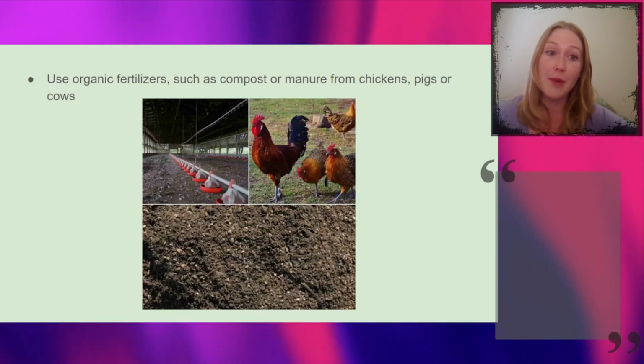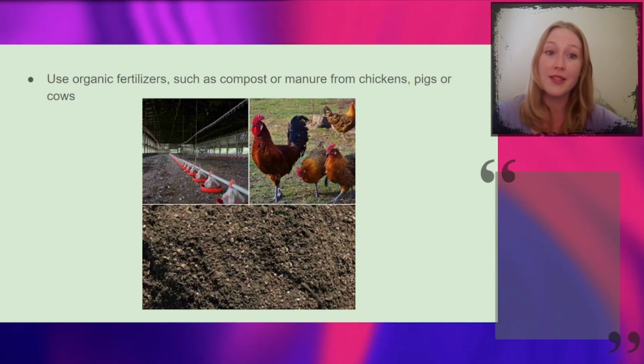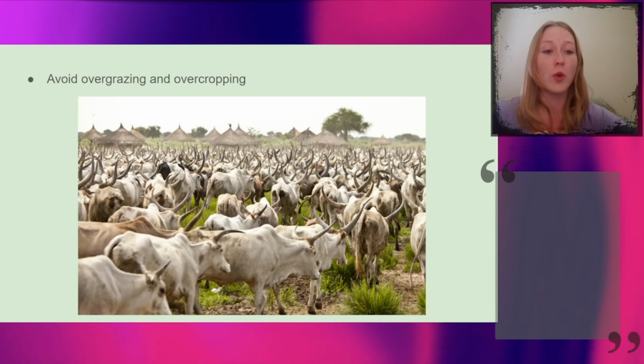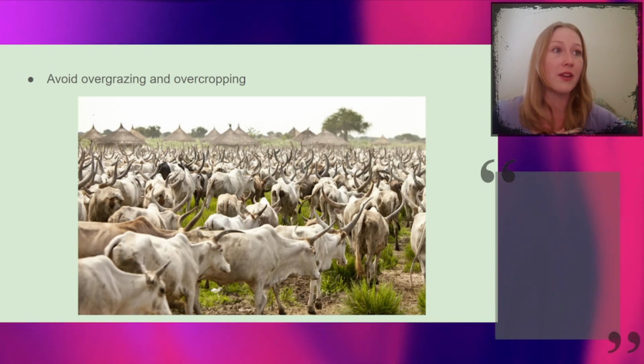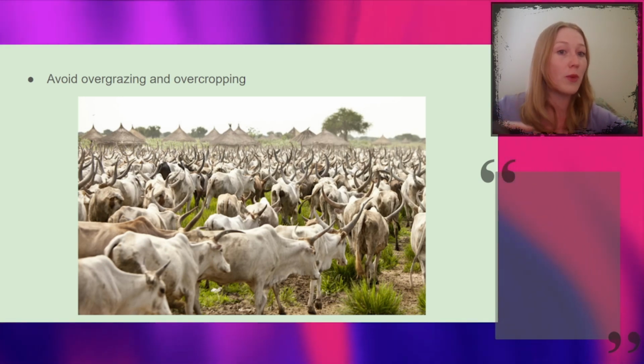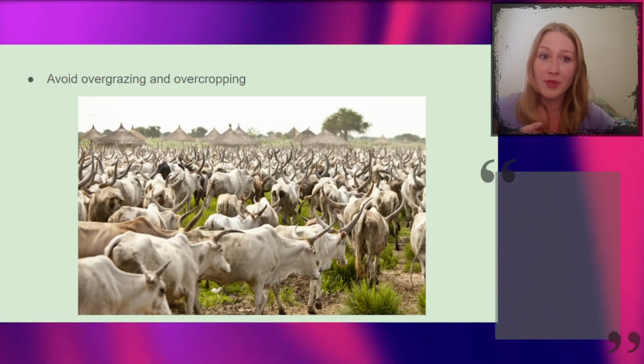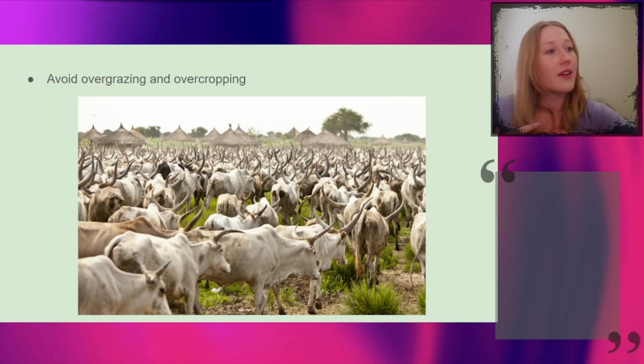Using non-chemical or more natural fertilizers like manure, avoiding overgrazing, trying not to have too much crop or too much livestock all trying to support themselves from the same patch of land. And